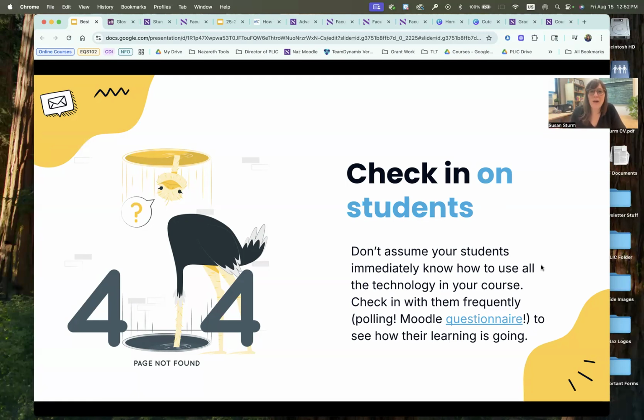When I was rolling out that whiteboard tool, I tried it with a group of faculty that were doing some professional development with me, and I was kind of obnoxious asking them for feedback. How did whiteboard work? How was getting into it? How was posting as a student? What worked? What didn't work? And that's just a great way for you to learn what they need